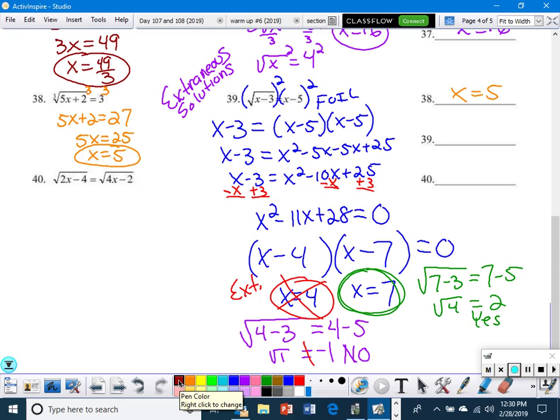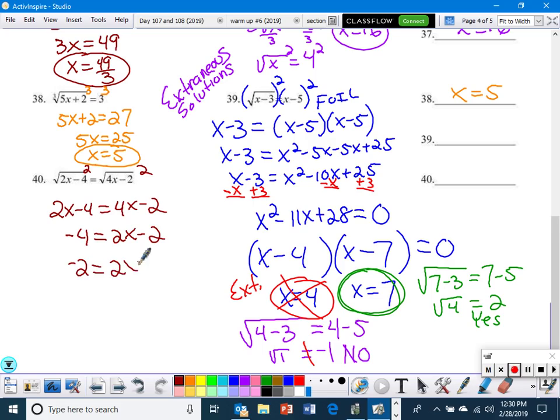Okay, we have a square root on both sides. So to get rid of the radicals, we're going to square both sides. So, oh, this one's easy. Okay, now I'm going to subtract 2x from both sides. I'm going to add 2 to both sides. And divide by 2, and I end up with